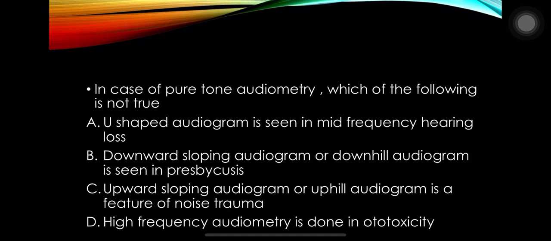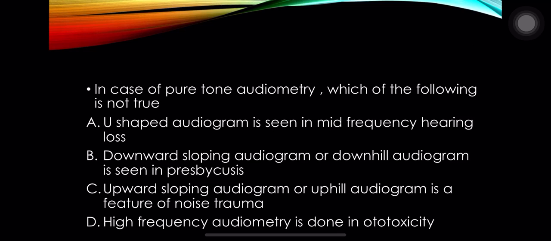Now let us solve some questions. In case of Pearson audiometry, which of the following is not true? U-shaped audiogram is seen in mid-frequency hearing loss. Yes, it is seen in mid-frequency hearing loss. Downsloping audiogram or downhill audiogram is seen in presbycusis. Yes, high-frequency sensorineural hearing loss is seen in presbycusis. Upward sloping audiogram or uphill audiogram is a feature of noise trauma. No. In case of noise trauma, either you will note a dip at 4K or a high frequency sensorineural hearing